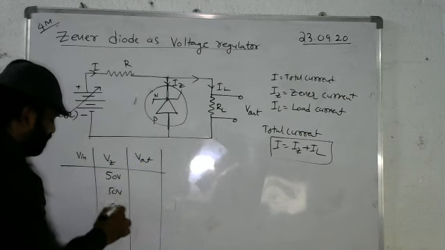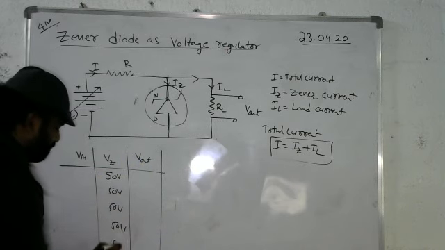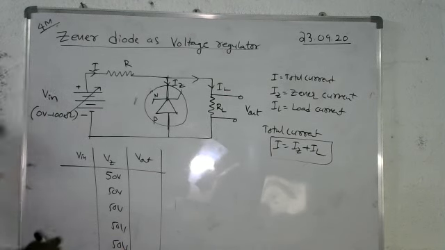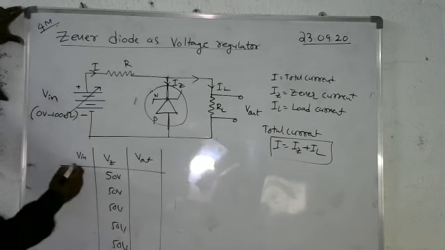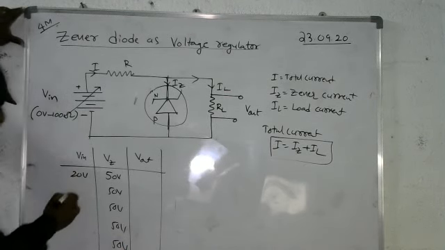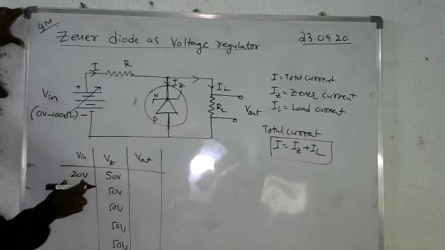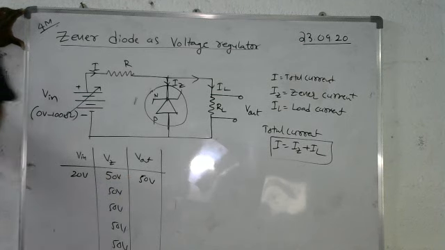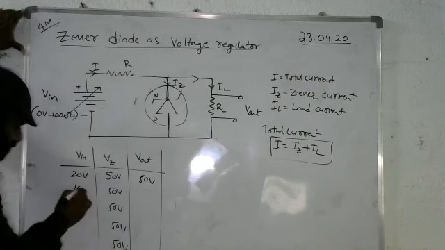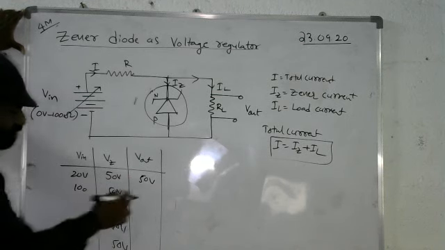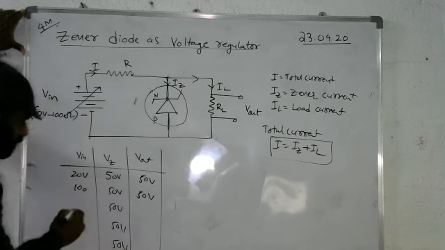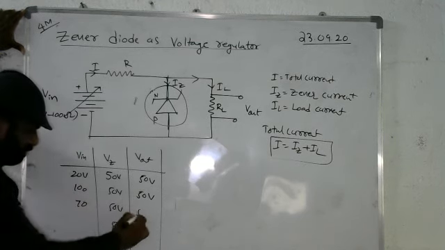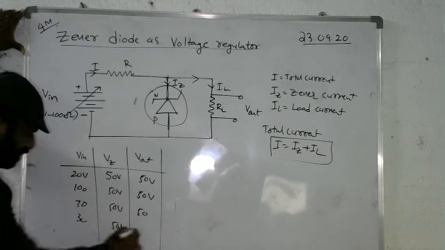For any value, it is always 50 volts. It doesn't change. But we will take an input voltage as, once, 20 volts. Suppose for the 20 volts, the Zener diode voltage is 50 volts, but we can get the 50 volts output. Suppose if we give 100 volts, but the Zener diode voltage is 50 volts, we get only 50 volts. If it is 70 volts, we get 50 volts. If it is 30 volts, we get 50 volts.